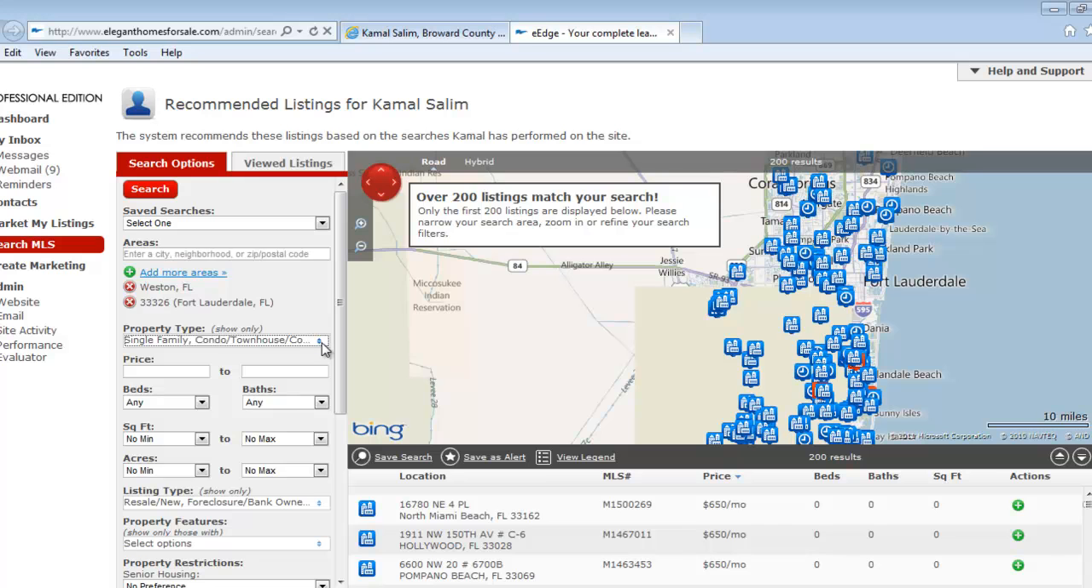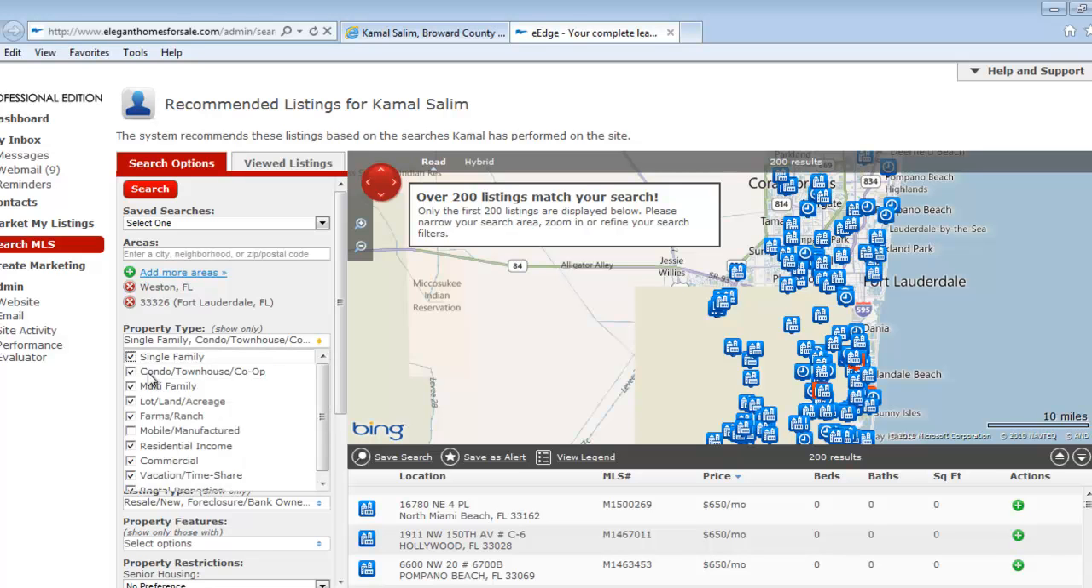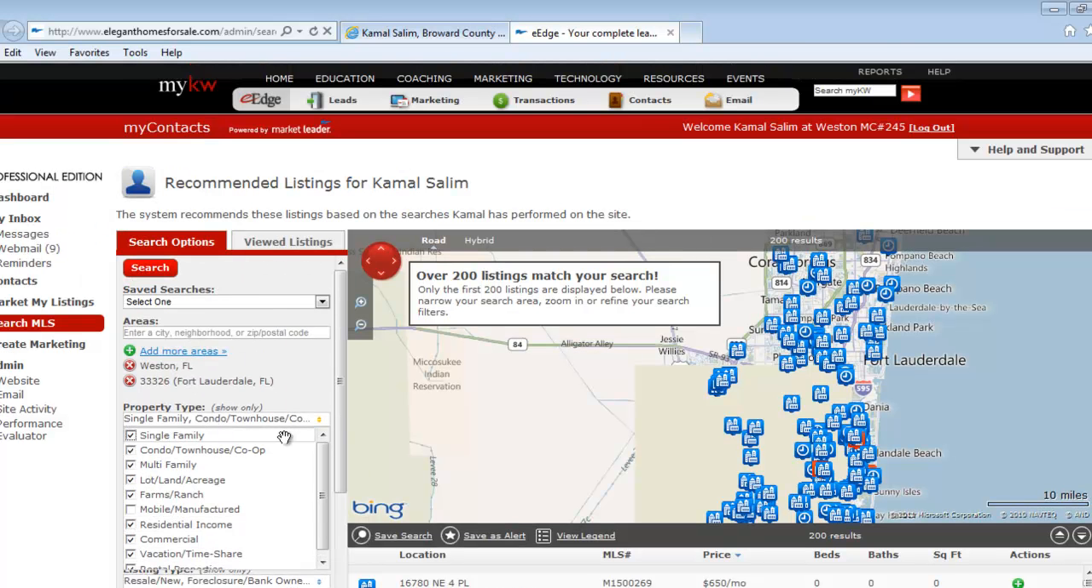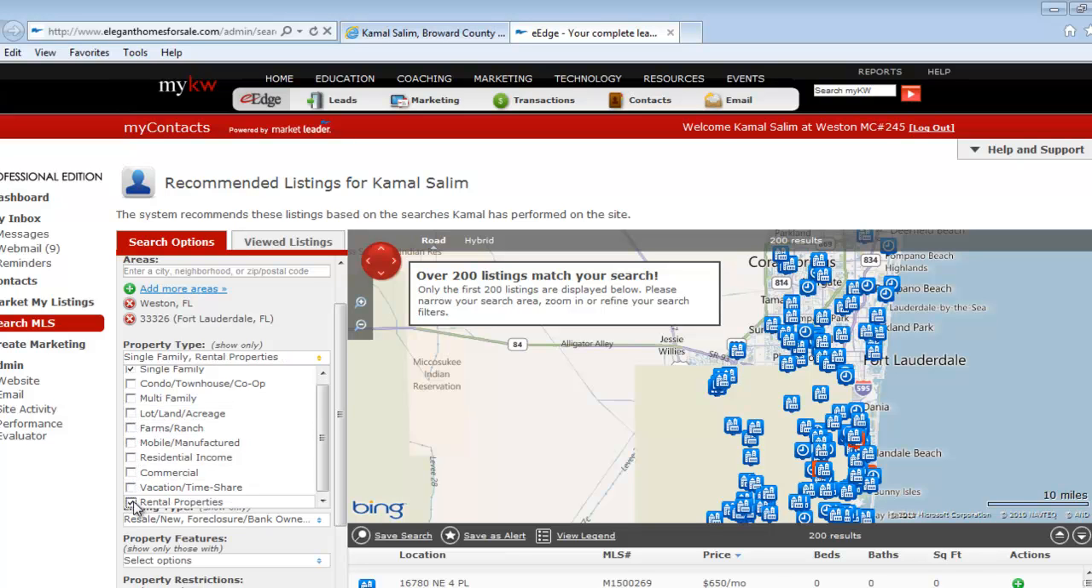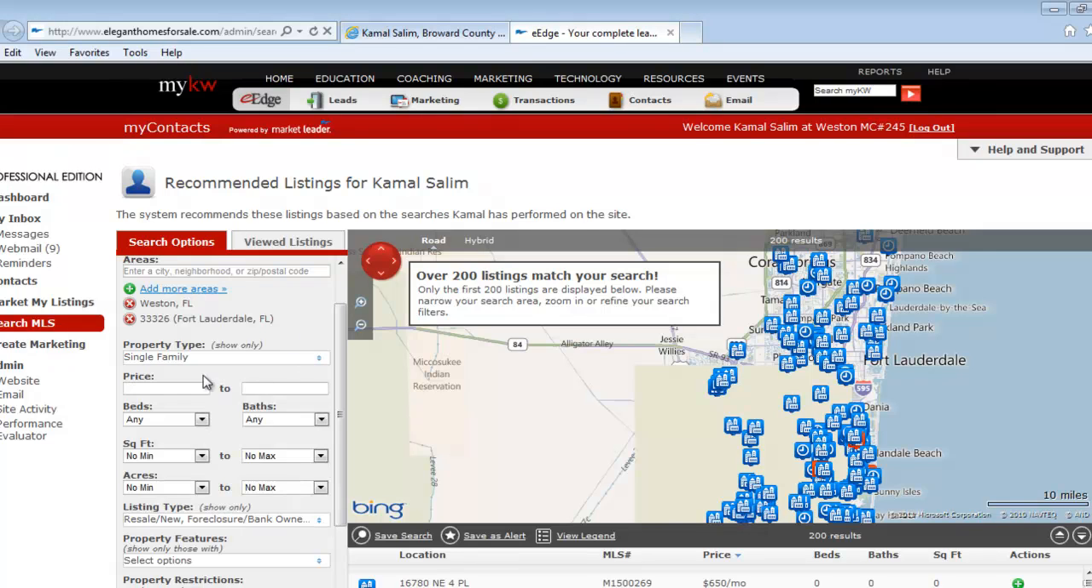We go to property type, and what does he want? Single family, condo? By default we have all these. So we can uncheck the ones that we don't want and leave, for example, single family. Okay, so we're searching for single family between